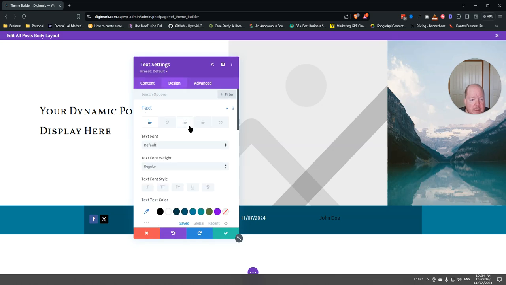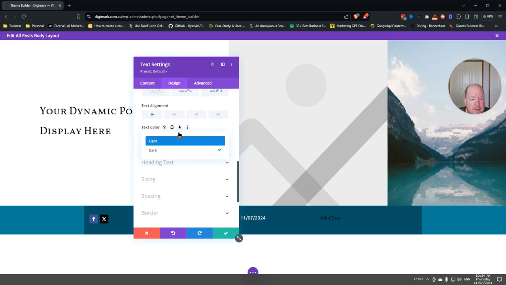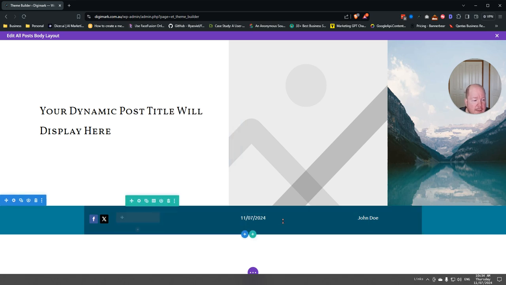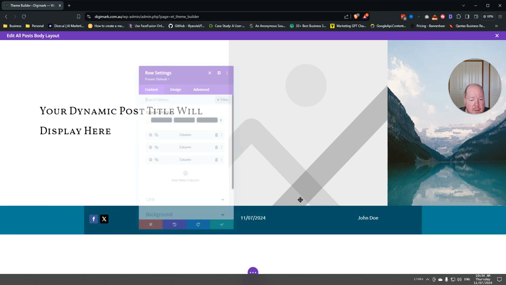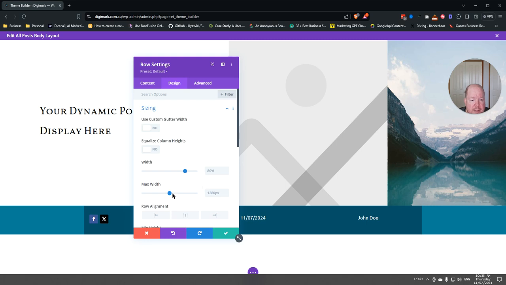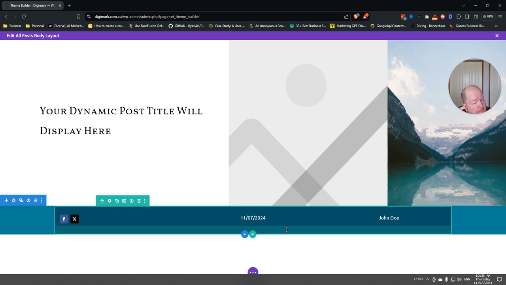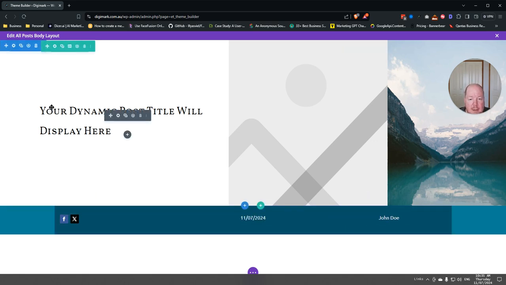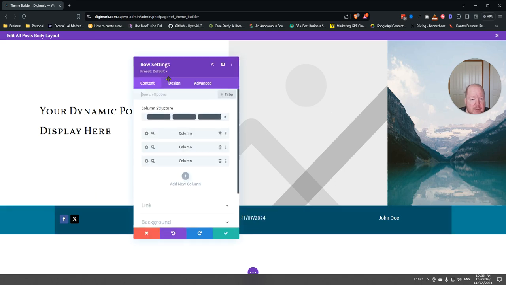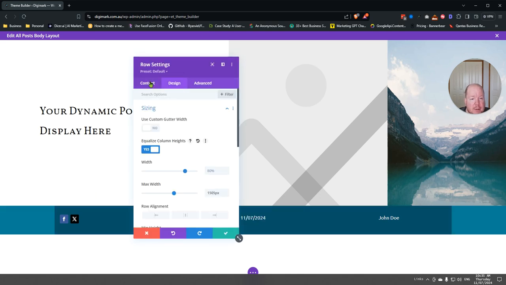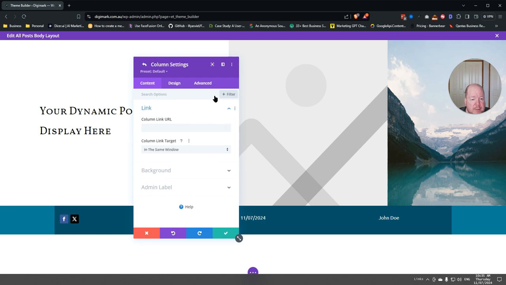So then we'll just go into here, tidy that up as well. And I want this to be a little bit longer. So we can just go into sizing and we can just extend that out. Yeah, so that looks good. And then we can do the same trick with centering these as well. We do want to do that, so we're just going to go equalize, and then we'll go to this one